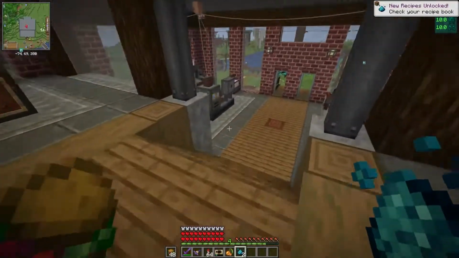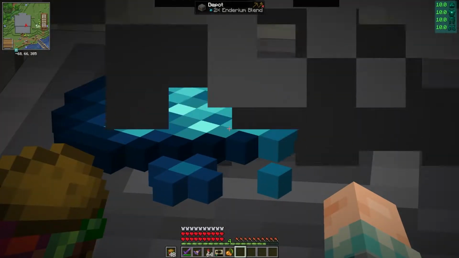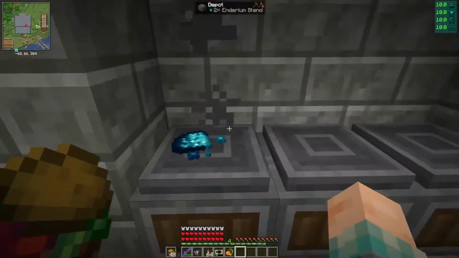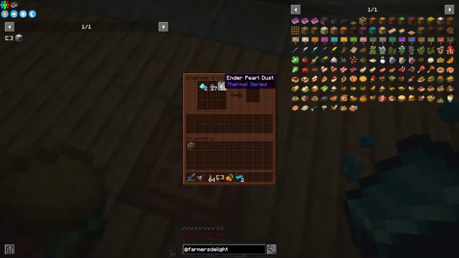Now, Endurium Blend is made, so we can go ahead and get that cooking up. And Endurium is pretty much the latest late game resource you can get in this pack, aside from 2 other things. So there is unobtainium, and there is...